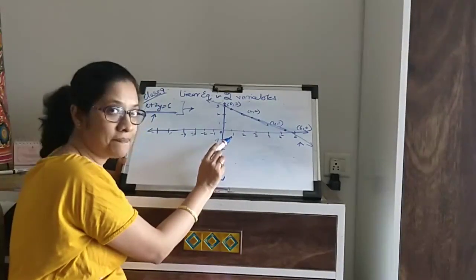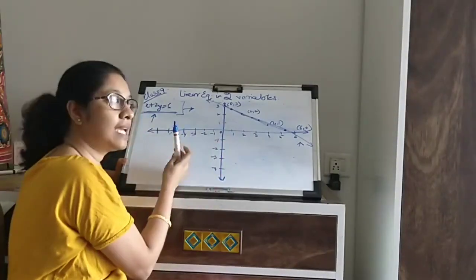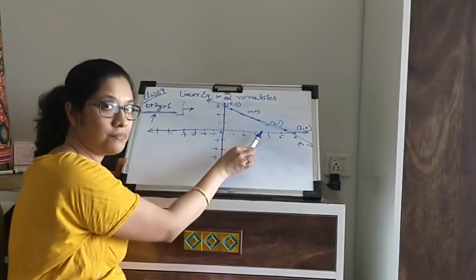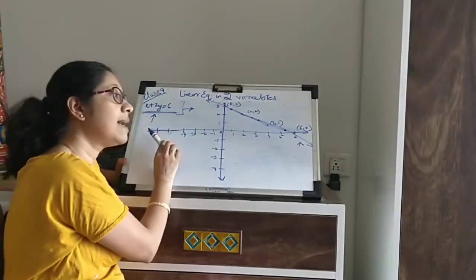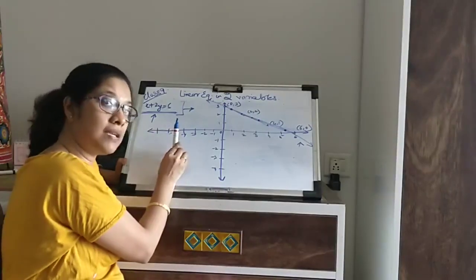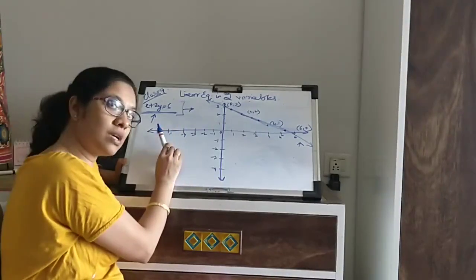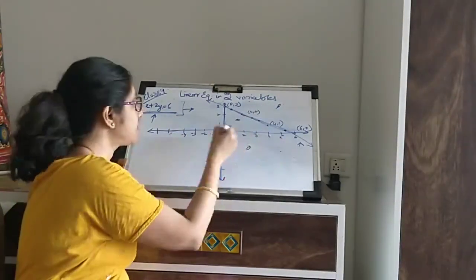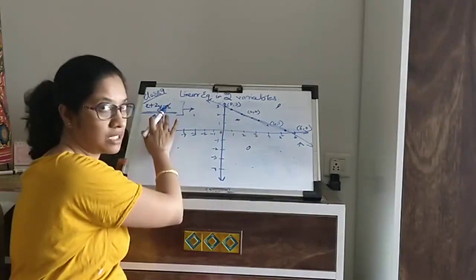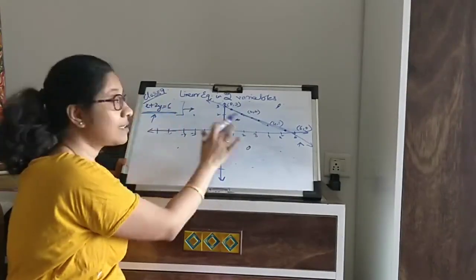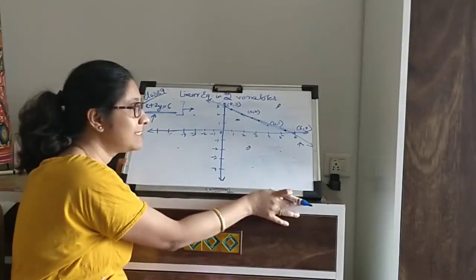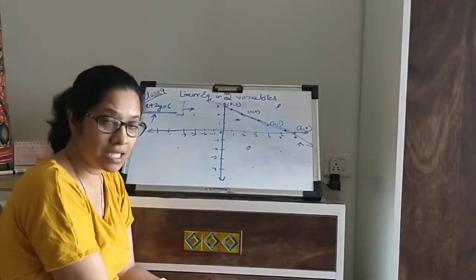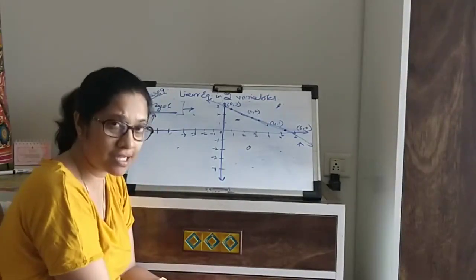Clear enough? What are the two things that we learned? Any coordinate point that lies on the line representing the equation is a solution to the equation, and vice versa. That is, any solution to the given equation will be a coordinate point lying on the line. And any point which does not lie on the line is not a solution to the given equation. Is that cool enough? Right? So this is how we plot a linear equation in two variables on the xy plane or a coordinate plane.